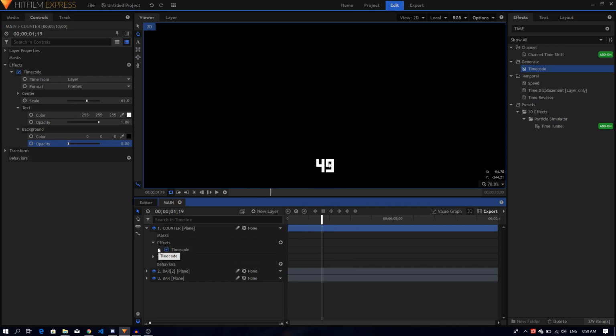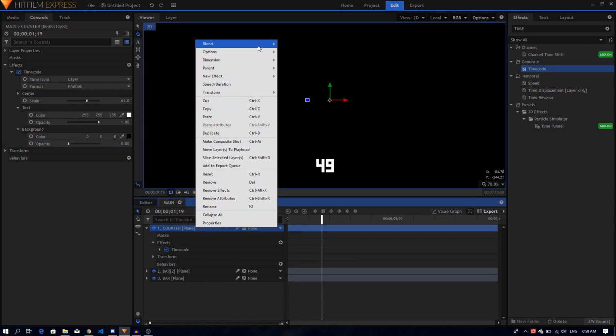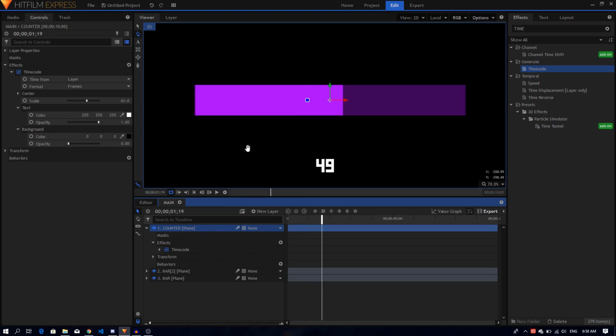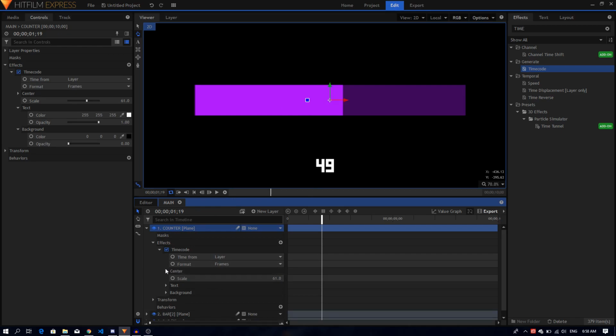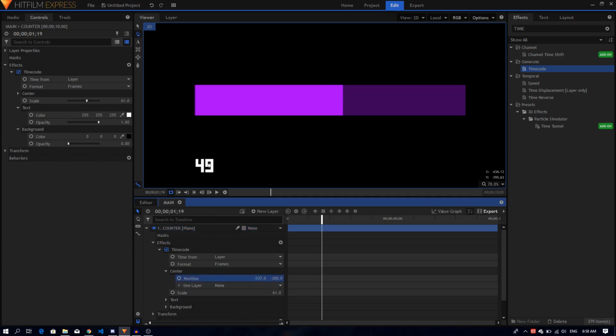Okay, so we are not able to see our bar animation, so just right click on this layer, go to blend and set this to add, so that we can see that bar animation. Now we can position this wherever we want it, so we can expand the transform and just play around with the position. So let's just keyframe the position as well, so that we can create a nice animation out of this. So let's start right from here, create a position keyframe, go to 3 seconds, and just move it